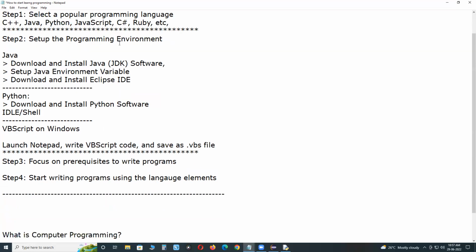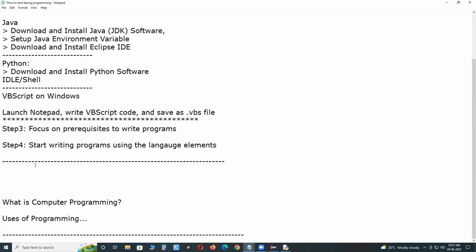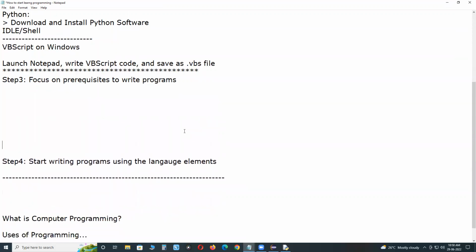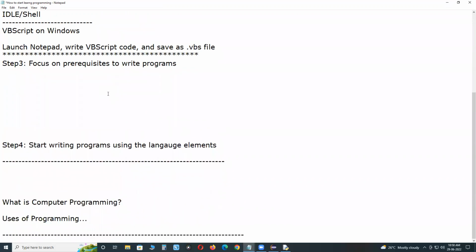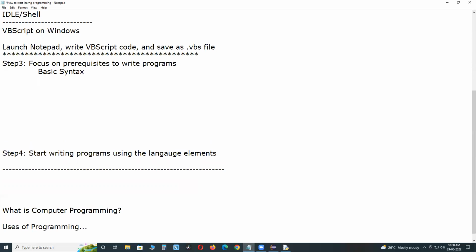Next, set up the programming environment. Next, third one, focus on prerequisites to write programs. What are the prerequisites? For writing programs in any language, I think there are 4 prerequisites. One is basic syntax. Focus on basic syntax.